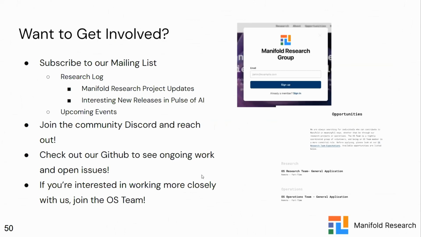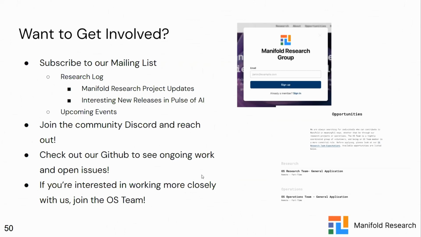If you want to get involved, there are more ways than just joining these community research calls. You can also subscribe to our mailing list. We'll let you know directly via email about upcoming events, and you'll receive our research log, which is our bi-weekly publication that tells you the latest updates from our projects.